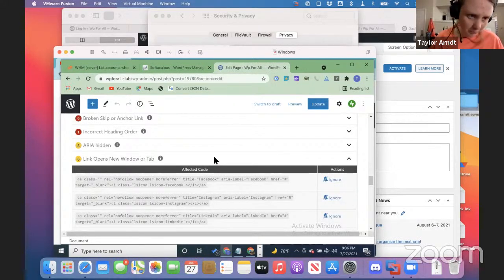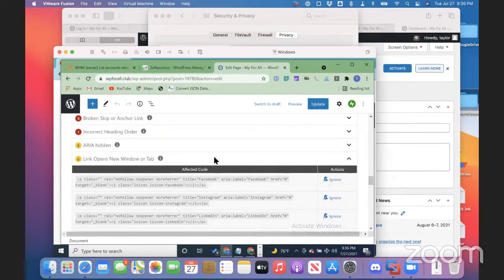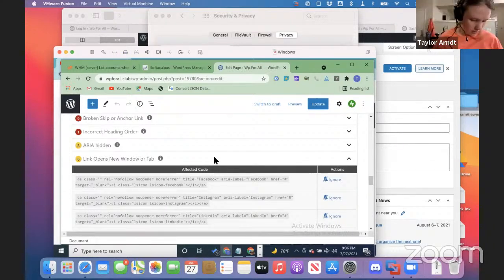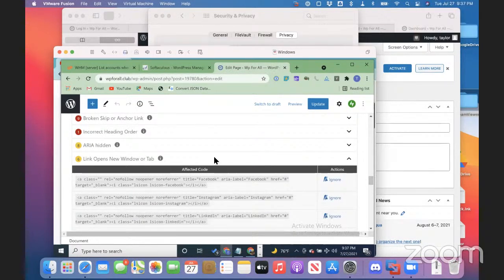So what do you think about this, Michael? I was looking at it real quick. I'm wondering what the violation or the warning is here. It is opening up a new window or tab. Is it, like I said, a warning? I mean, we're looking at the documentation, but it would be nice to have a more clear explanation by each violation of just what's the problem. Am I kind of right, Michael? Yeah, it would be nice to have,